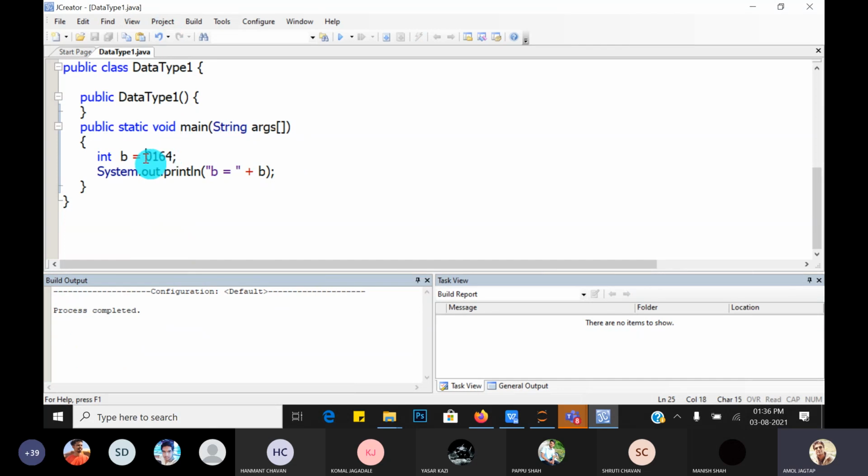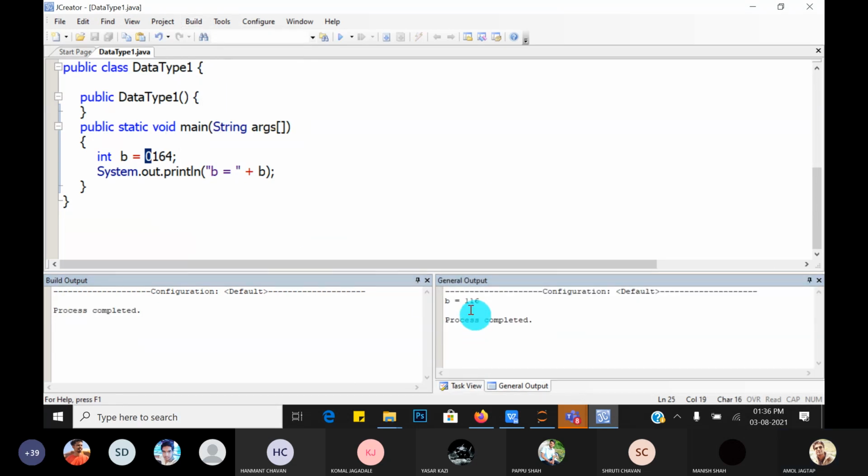So this is an octal number because it starts with 0, and when we execute it, what is its decimal value? 116 is the decimal value. You can convert this octal number into decimal, and it gives you 116, because the octal representation is a larger-looking number, while the decimal value, at base 10, is less. Yes, it works. Any doubts till this?